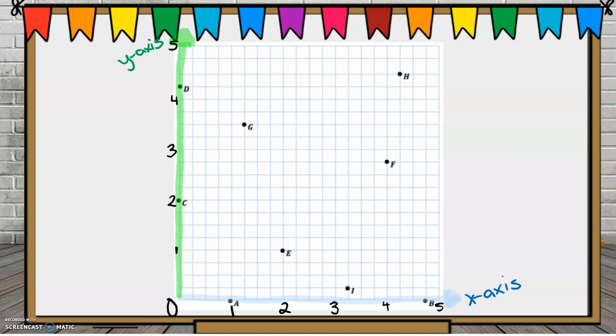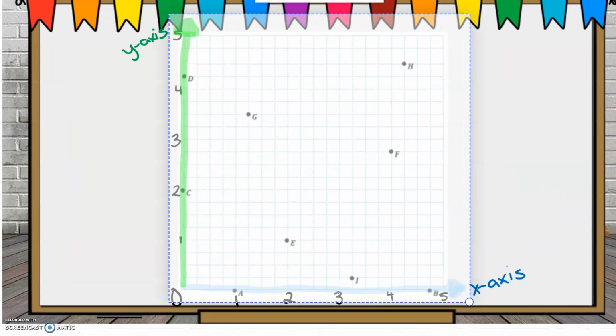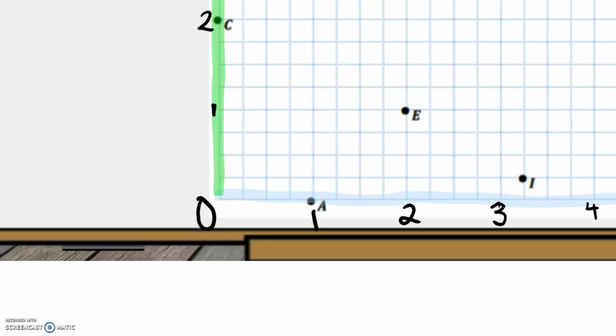So here we have a coordinate plane where the x-axis is highlighted in blue and the y-axis is highlighted in green. So before we start figuring out the coordinate pairs for letters A through H, we need to first figure out what all those spaces between each line represent. So if I was going to zoom into this coordinate pair between 0 and 1, I see that there are 1, 2, 3, and then including 1, that makes four spaces